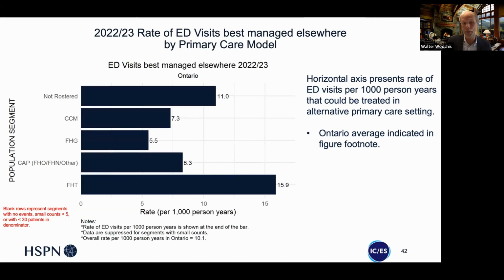Family health groups, so it's loosely affiliated physicians on some capitation with some after hours care. That actually is the lowest rate of ED visits best managed elsewhere among that group. And actually we see the highest, maybe counterintuitive, ED visits best managed elsewhere coming out of family health teams. So you might want to have a look within your own results to see, is that true, or which primary